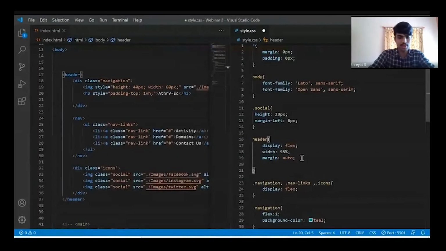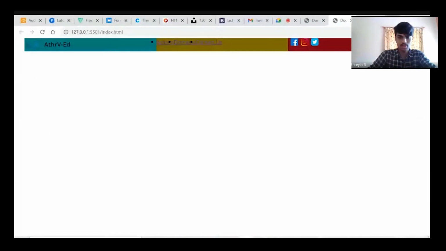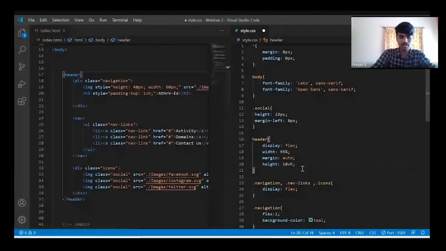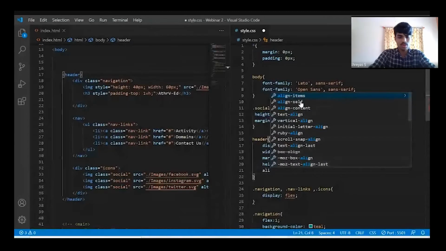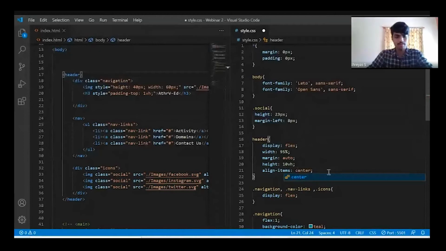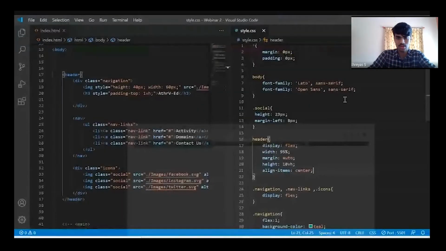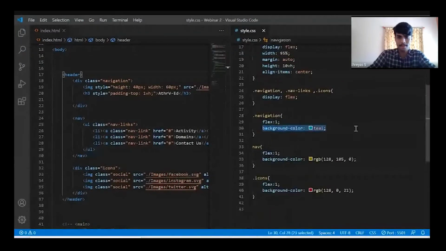And one more, we can set the height. We can set the height as 10 VH. VH is viewport height. Why we are setting the height is so that we can make all the contents go to the center so that it will be in order. So we can use align items; there is a property called align items center. You can take down all these tags' properties. See, now all the things have come to the center of that height. So 10 VH will be around this much. So let me remove all these colors because their purpose has been served.